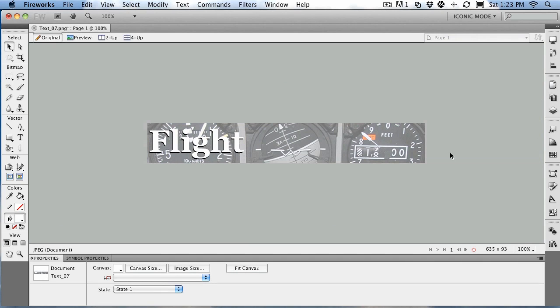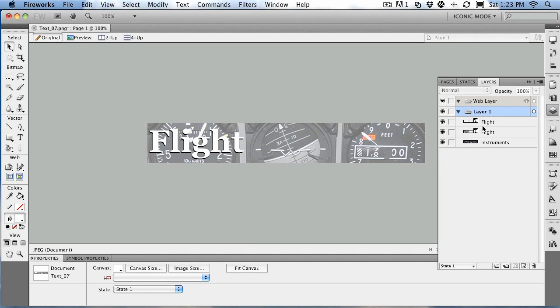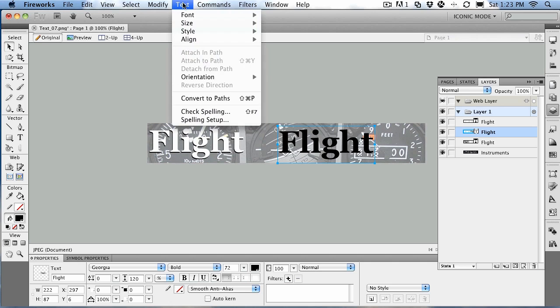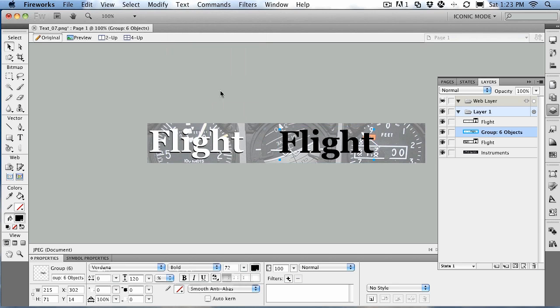Another technique that you can use, by the way, once you do that, you notice it makes a copy of it. Let's make a copy of the bottom flight. So that's selected. Just hold down the Alt key and just pull the black shadow out. And what we're going to do here is we're going to do something a little bit different. We're going to take the text and we're going to convert it to actual vectors. Now remember, once you do this, the text is no longer editable. It becomes straight artwork. And what you do is you just select the text, convert to paths,